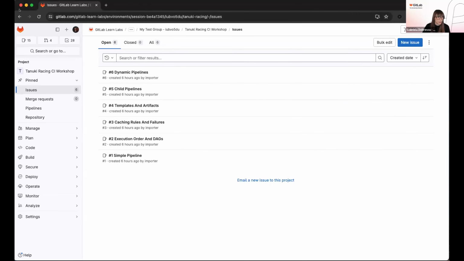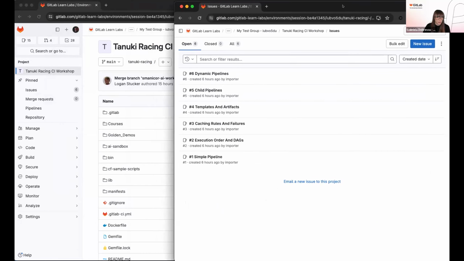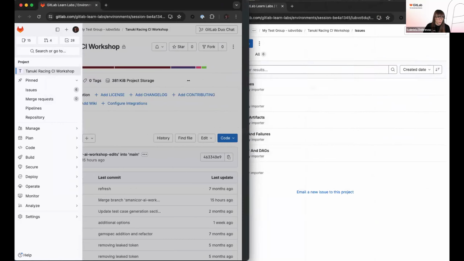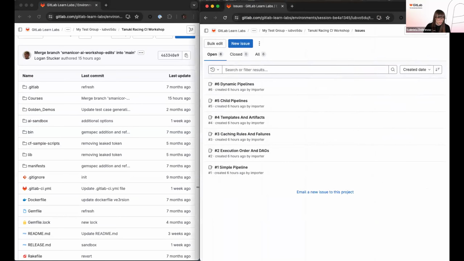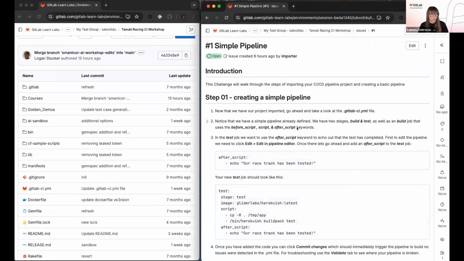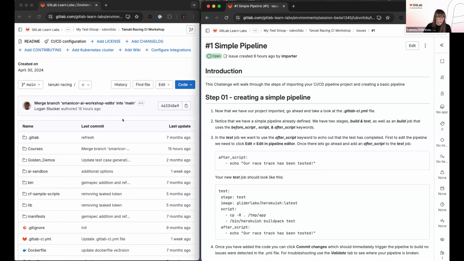What I'll be doing is splitting my screen. Let me open up the project in another tab, so I'll be keeping them separately. I'll have my Learn Labs instructions on one side, and my project on the other side. Perfect. So, first exercise: simple pipeline. This challenge will walk through the steps of importing your CI/CD pipeline project and creating your basic pipeline. Now that the majority of us hopefully have a project imported,